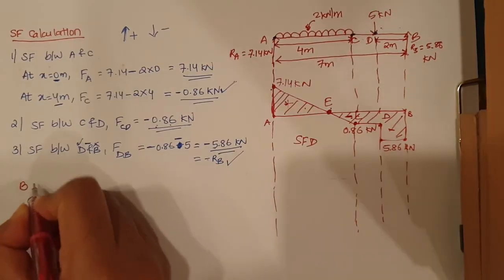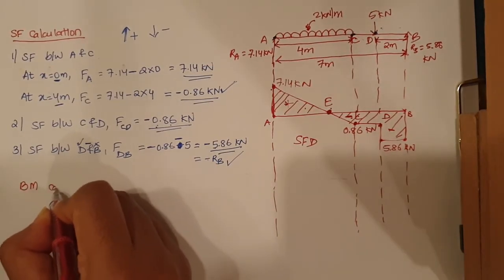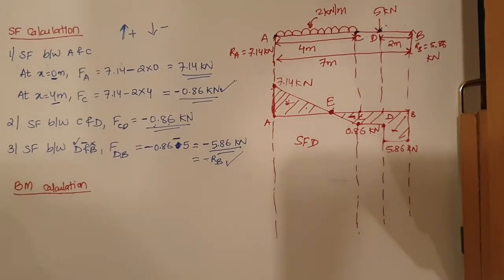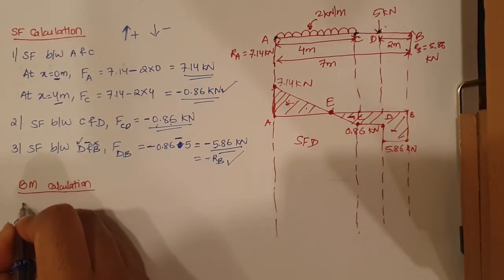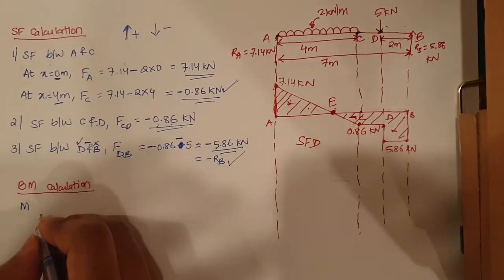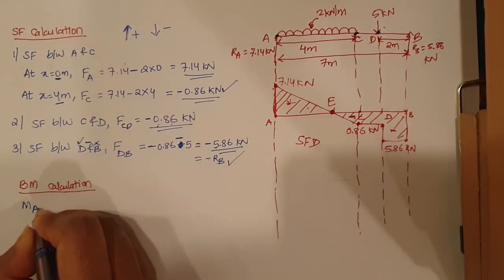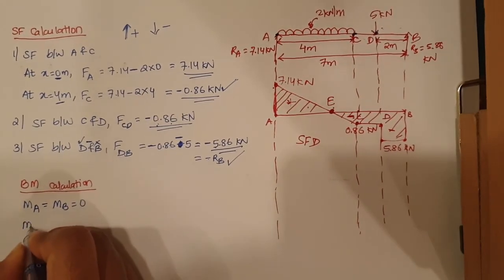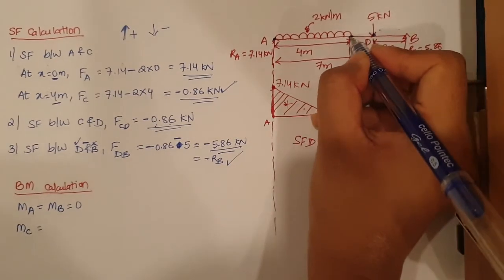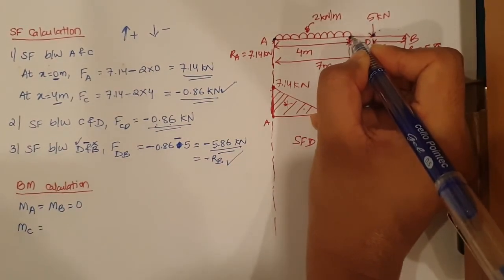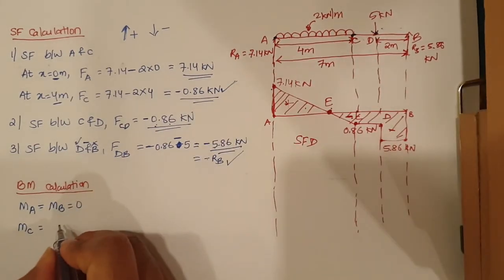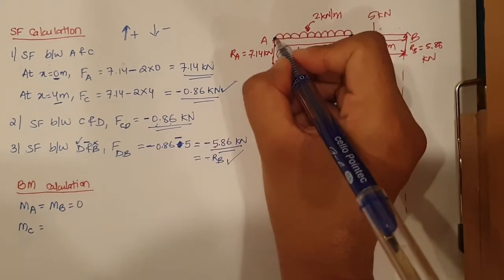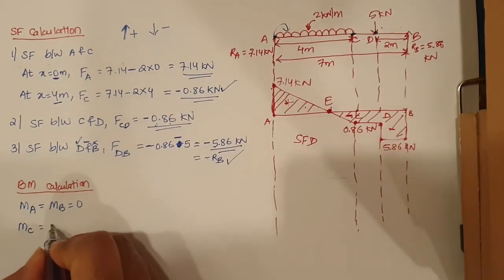Okay, bending moment calculation. So for bending moment, for a simply supported beam at supports, it will be 0. The moments will be equal to 0. So moment at A equals moment at B equals 0. So moment at C, which is at this point, we need to find the moment at this point. So how do we find it? Moment is force into displacement. So when we go from this point till here, we have RA, and this RA will be going in this direction, which is clockwise direction. So positive